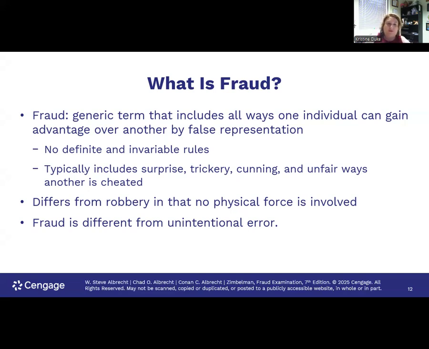Go do this, go do that. Well, it was a mistake on the bank's part. And she was not entitled to that money. And we can't gain off somebody's mistake. So that was an unintentional error. They didn't mean to make the mistake. They corrected the mistake.